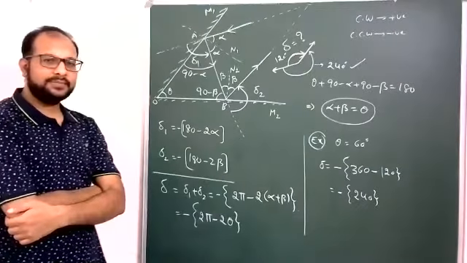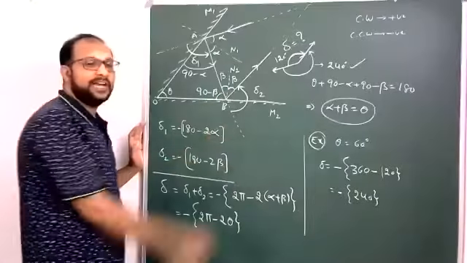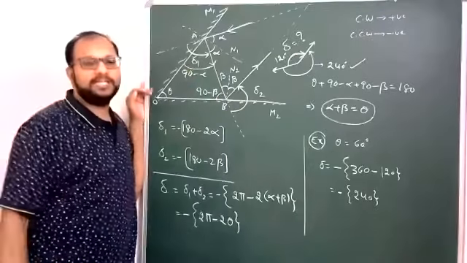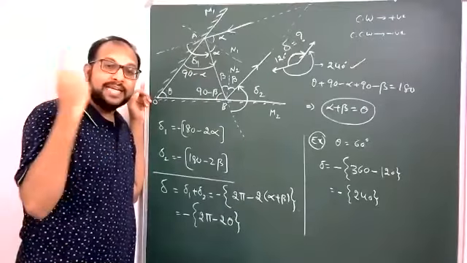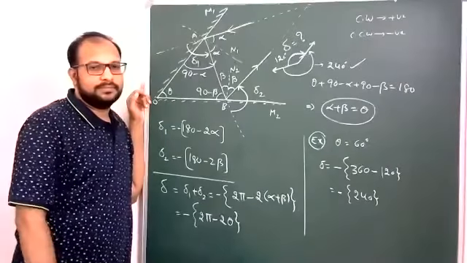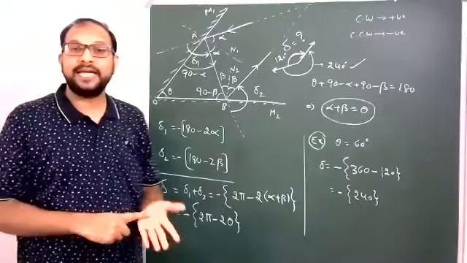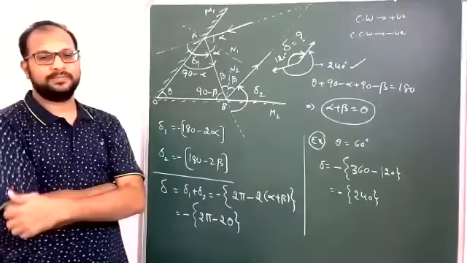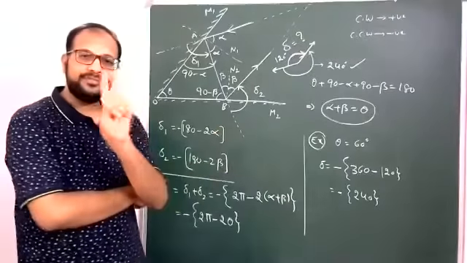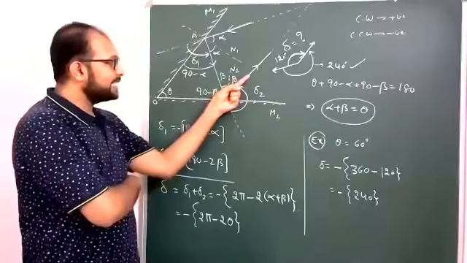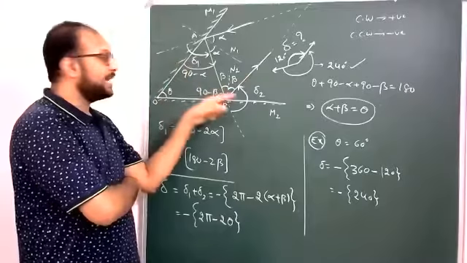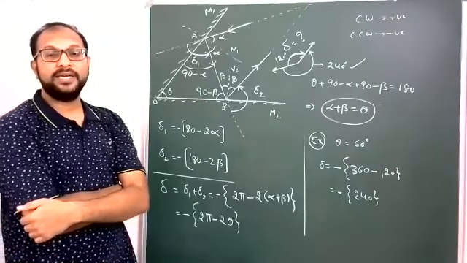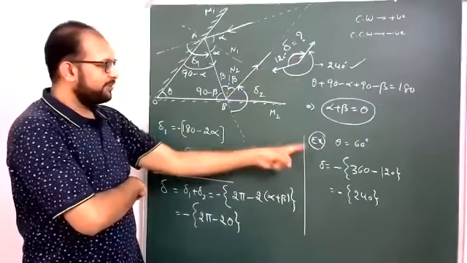Here one more logic is there. Suppose after the second reflection, the light ray is again incident on M1. That means it is a third reflection. Then this is different, because delta equals delta 1 plus delta 2 plus delta 3 after 3 reflections. But here I explained only after 2 reflections. After that, this light ray is not incident on either of these two mirrors. Simply it is moving away.